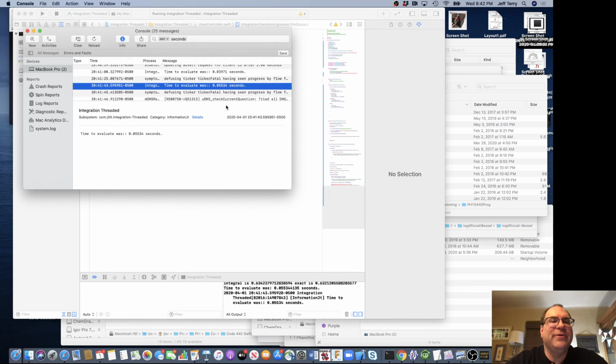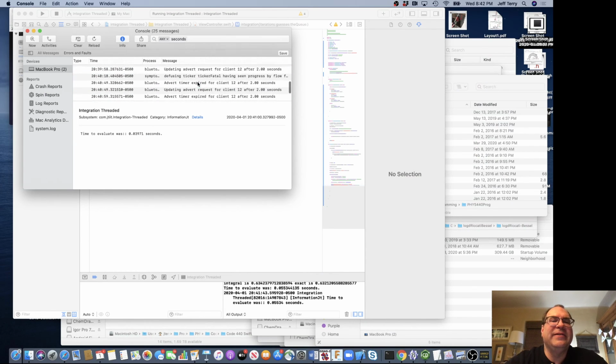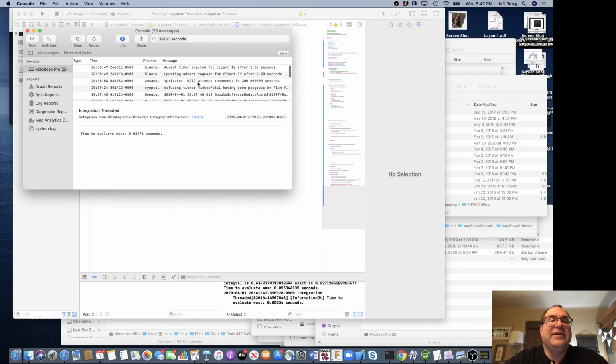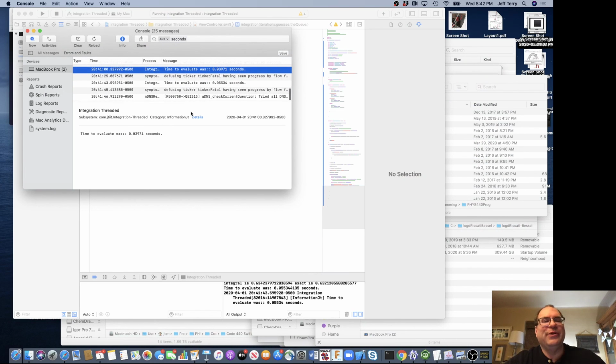Time to evaluate was 0.0534 seconds. So that's our last one. The one before that. Yeah, so maybe I didn't rebuild it. Don't know what it was, but yeah, it was all in there. Works fine. And so these logs are stored, and you can see the category is information JT. So I could have searched for it with that, or I could have searched for it with the subsystem, my integration threaded program,